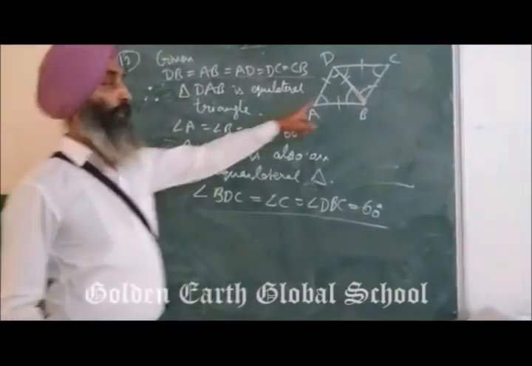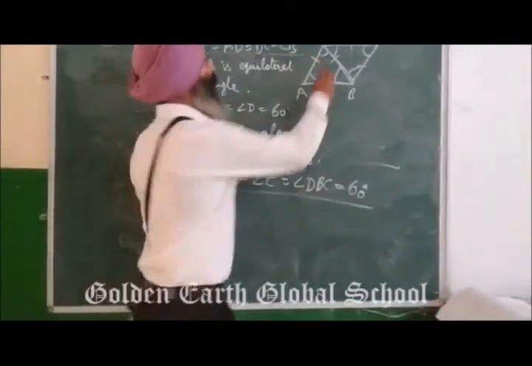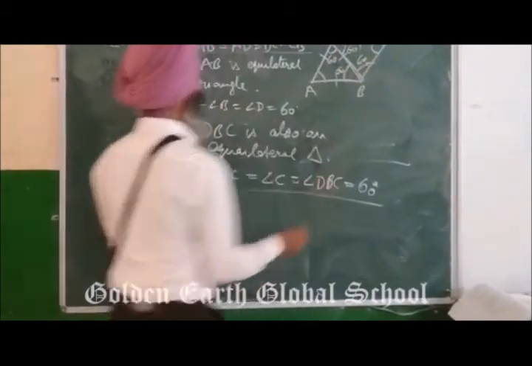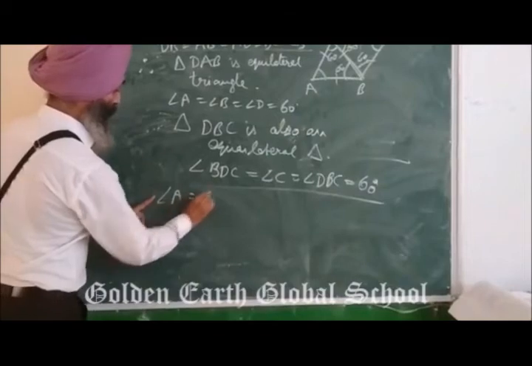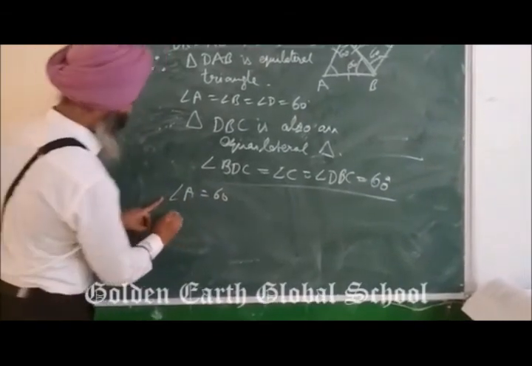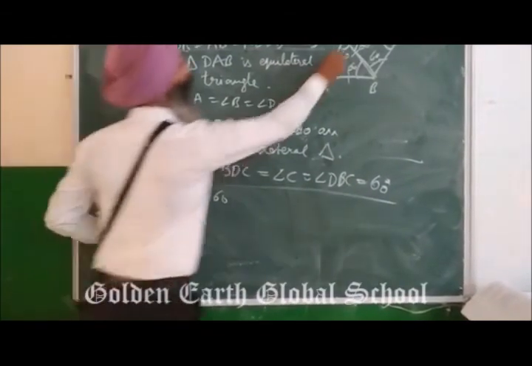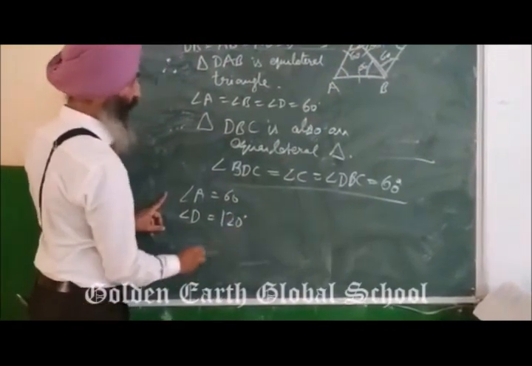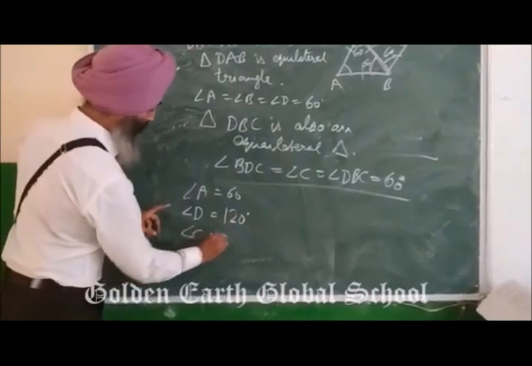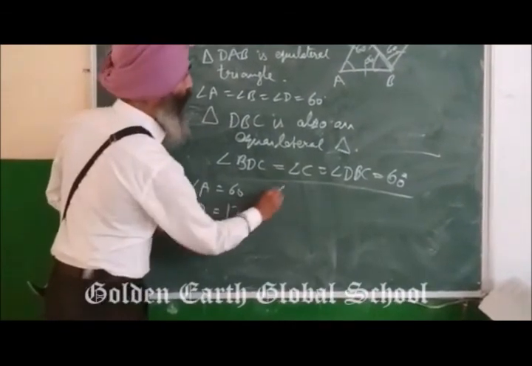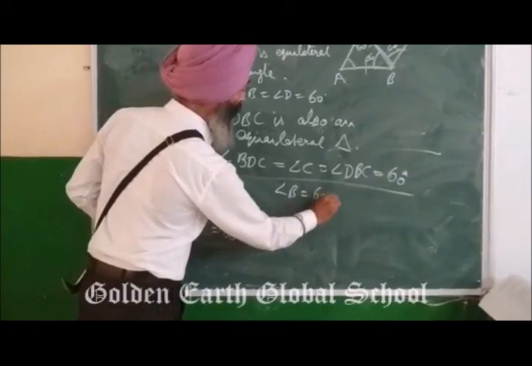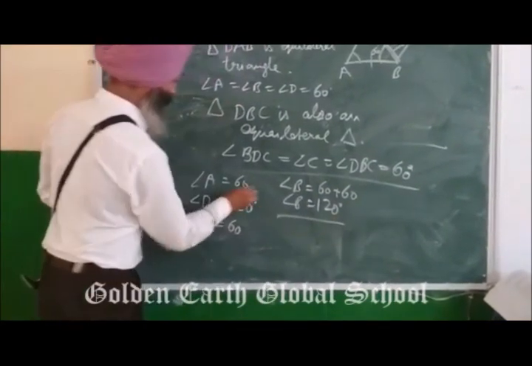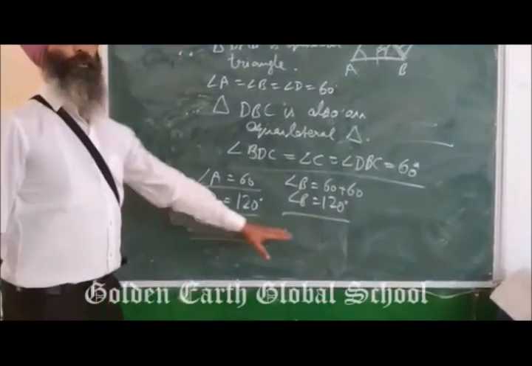And one more thing that, so this is 60 degree, this is also 60 degree. So you can say that angle A is 60 and angle D, जो complete angle D है ये वाला, तो पूरा कितना हुआ? 60 plus 60 is 120, and angle C is already 60 degree, and angle B is equal to 60 plus 60 because this is complete angle. So you can say that angle B is 120. So these are all the angles of the rhombus. So this is the final answer.